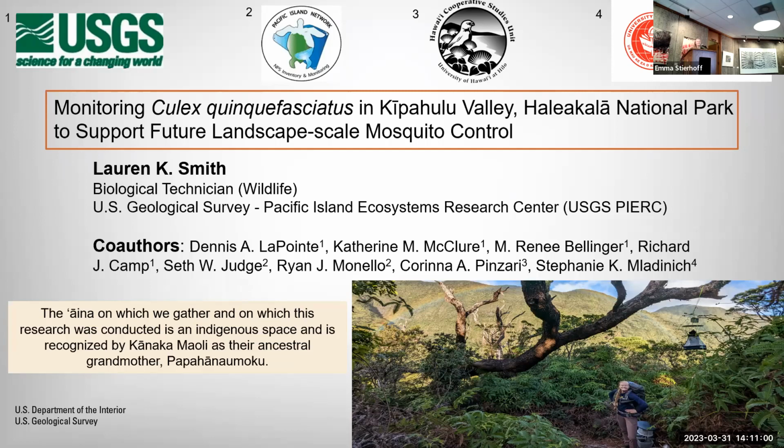Aloha kākou. My name is Lauren Smith, and I'm a biological science technician, wildlife, for the U.S. Geological Survey Pacific Island Ecosystems Research Center, or USGS PIERC. Today, I will be presenting our ongoing project monitoring Culex quinquefasciatus in Kīpahulu Valley, Haleakalā National Park, to support future